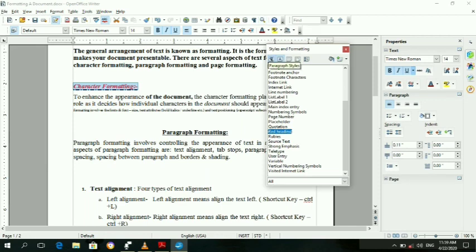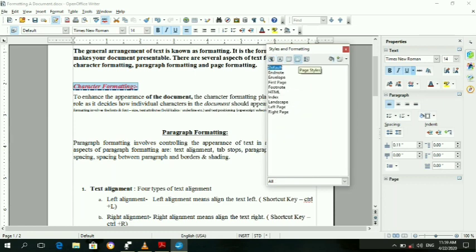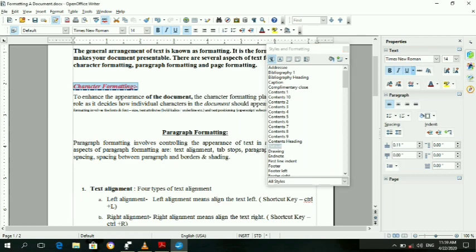Now you have to select the button for where you want to place this style: paragraph, character, frame, page, or list. Now I want to put this style in paragraph style, so select the paragraph style button. Now all the paragraph styles will appear on your screen. Here I want to place this red heading style. So I will just drag this style and drop it onto the paragraph styles window.